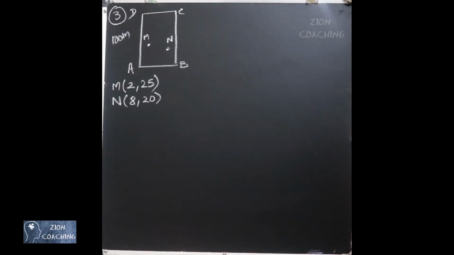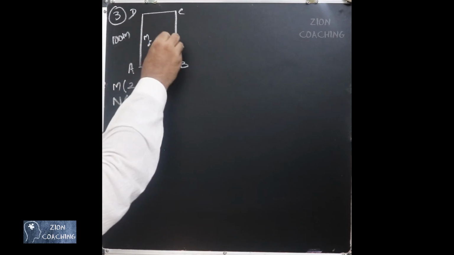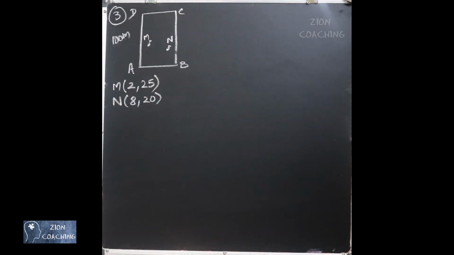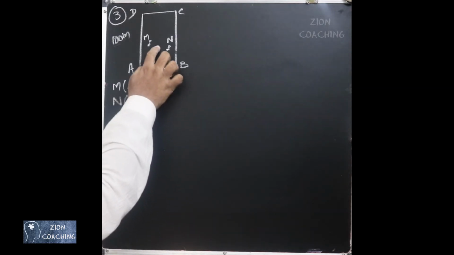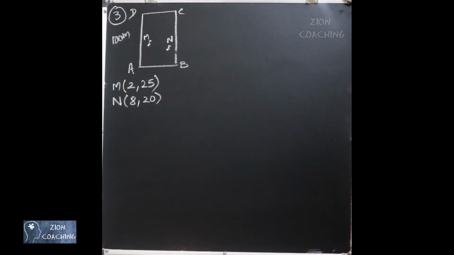The question is, they are asking us to find what is the distance between both the flags. Now there is a flag here and there is another flag here. They are asking us to find the distance between these flags. Then the second question is, if Rashmi has to post a blue flag exactly halfway between the line segment joining these two flags, where should she post her flag? Another girl is going to post one blue color flag exactly midway of these two. So where has it to be posted? That is the second thing we have to find out. See, we will do one by one.